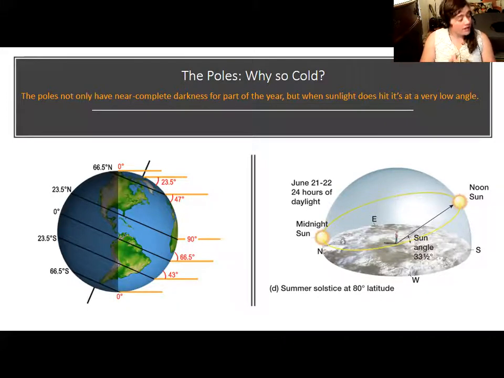Even though sunlight is to some extent a finite quantity, there's a certain amount of solar radiation coming from the sun to the Earth. And if that's concentrated, if it's hitting the Earth directly, then it's going to feel warm. If that's spread out, if it's hitting the Earth kind of at an angle and being spread over a larger surface area, it's going to feel like a weak sun. The polar sun feels like a different star almost, and the light looks different.